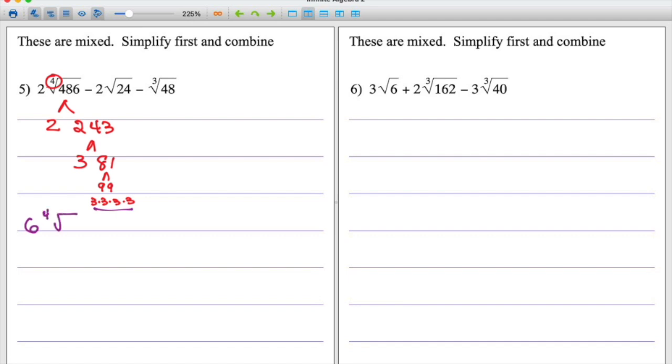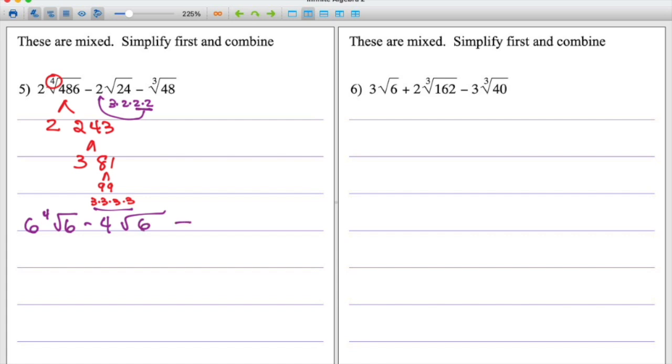fourth root of what's left over, which is these. 6 minus 24, we just did earlier. We said that 24 was 3, 2, 2, and 2. And this is a square root, so we only have to take doubles on this one. So our double here, and we have this left over. This double pairs with that, comes out as a single, and then with the 2 becomes 4. So I'm going to go minus 4, square root of what's left over, which is the 6,